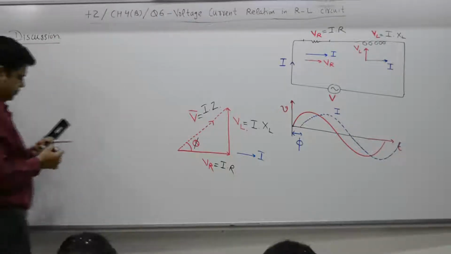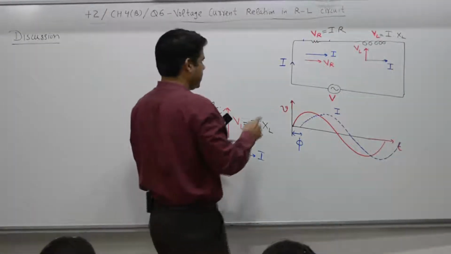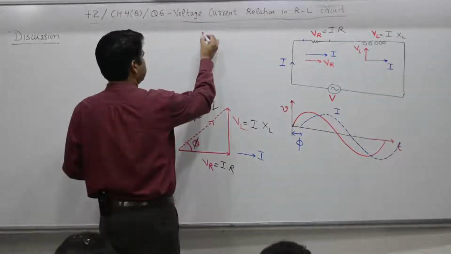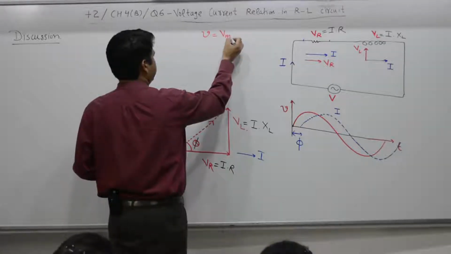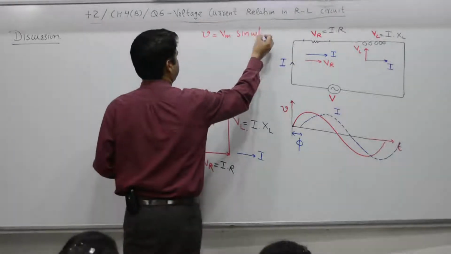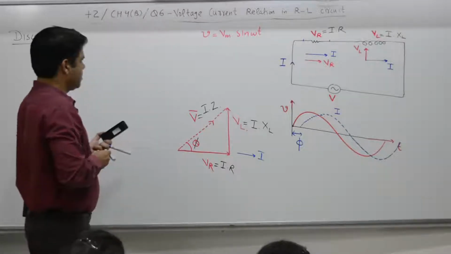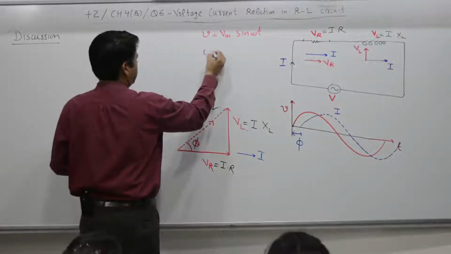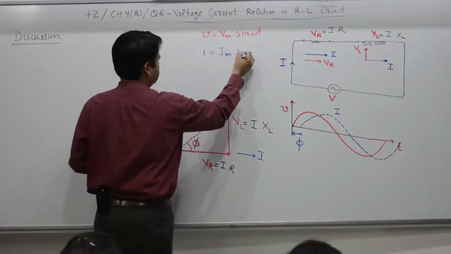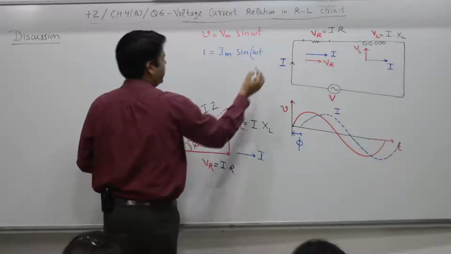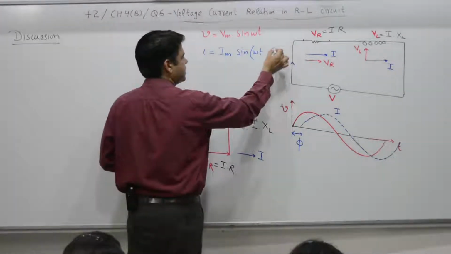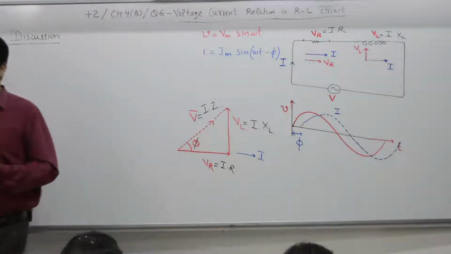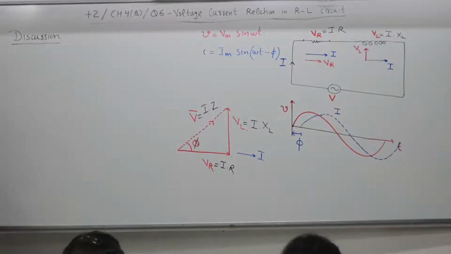Discussion. Again, if voltage is represented by Vm sin omega t, then current is Im sin omega t. Yes, the difference is phi. Current lags, so minus. For discussion,